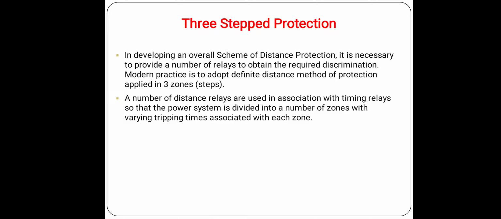Basically, the circuit connections of a circuit breaker trip coil, the contacts of directional and impedance relays, flags, and timers are the types of components we will use for the three-step protection of a transmission line. Three units of impedance relays are required at a particular location for three zones of protection.